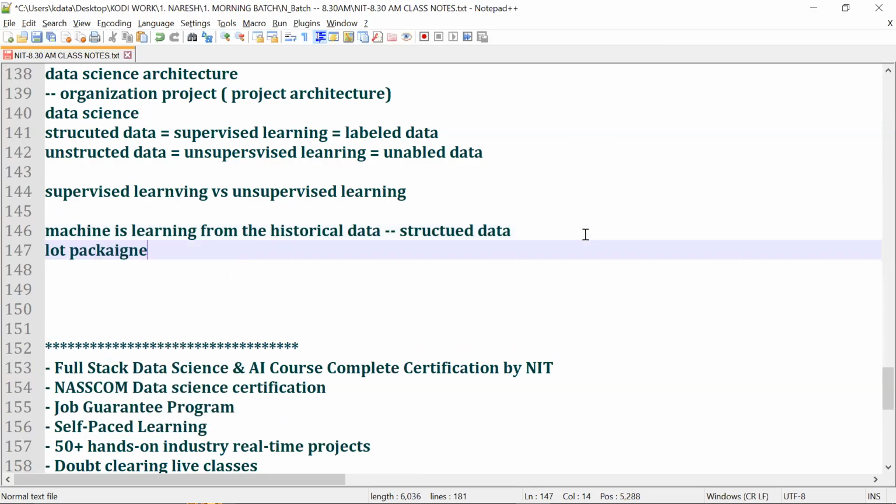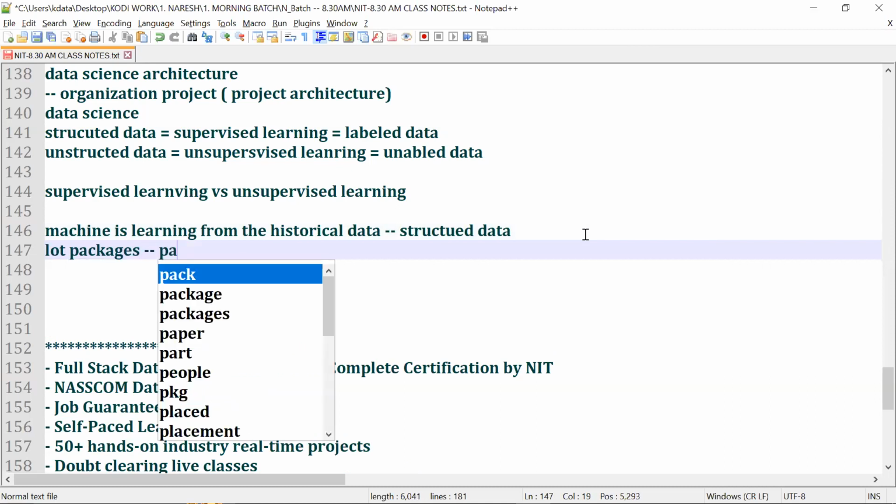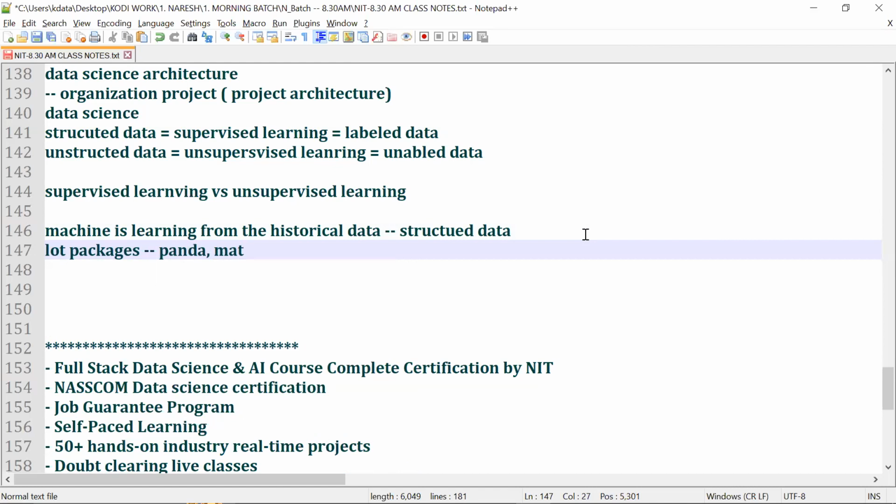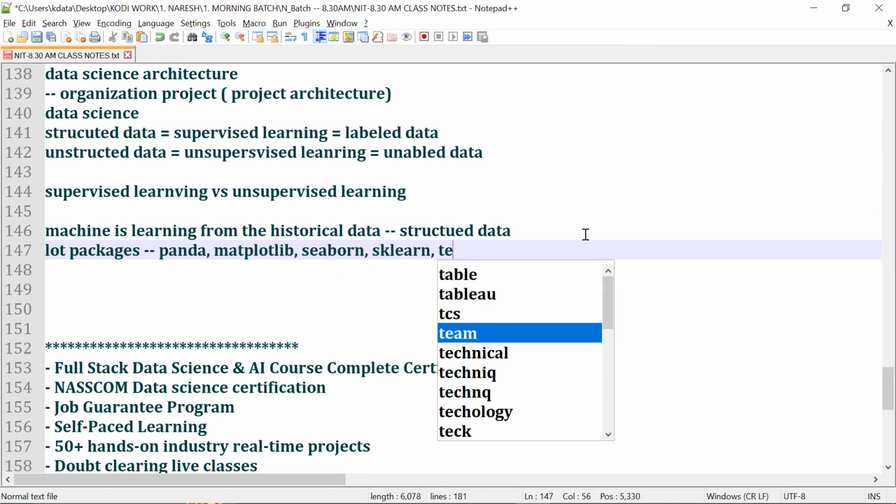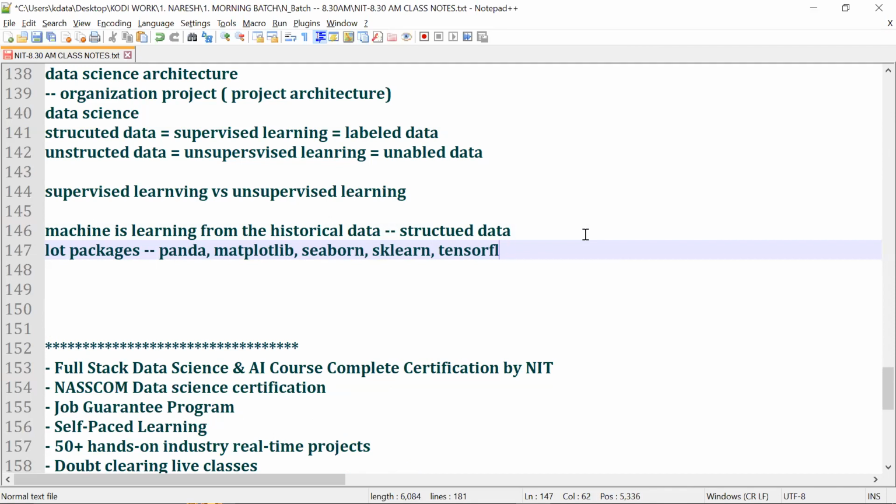What are the packages? Anybody remember? Pandas, very good. Matplotlib, Seaborn, sklearn, TensorFlow, Gensim, PyTorch, OpenCV, YOLO V3, and all those advanced things we need to understand.